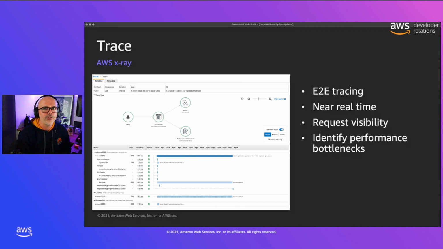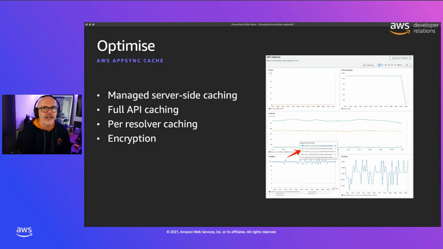So in this example, you have a request that is accessing both Lambda and DynamoDB, and you can then work out which of these components is contributing the most to latency, and you can take steps to fine-tune them. Then finally, we can fine-tune or optimize our API with caching. So AppSync does provide a cache that sits between your API and your back-end resources. So if you run into a situation where you want to provide faster response times for some of those requests, you can introduce this cache.